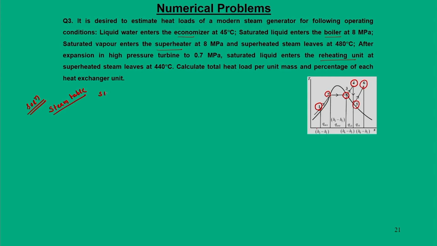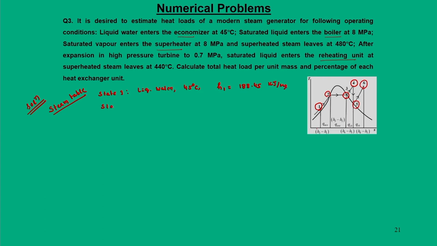So, state 1 which is liquid water at 45 degree centigrade. So, for this liquid water, referring to the saturated liquid value, we can say H1 as 188.45 kilojoule per kg,